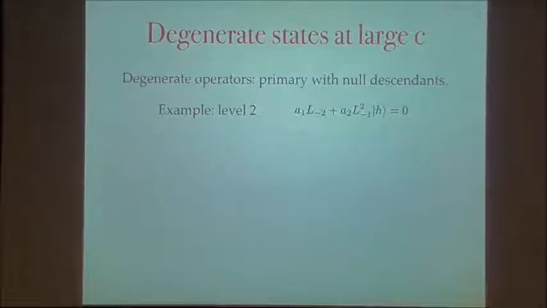Because we don't know the form of the blocks, we will have to rely on some very strange but useful special cases. In this case, my special case will be degenerate states. The degenerate operators or degenerate states are defined by the condition that there are some null descendants in its multiplet. For example, at level 2, you can impose this condition. Basically, it tells you that it has a null Virasoro descendant at level